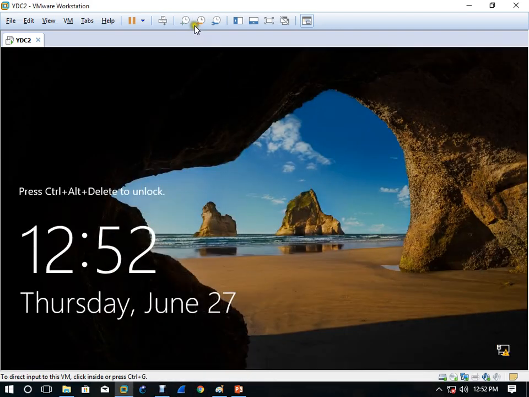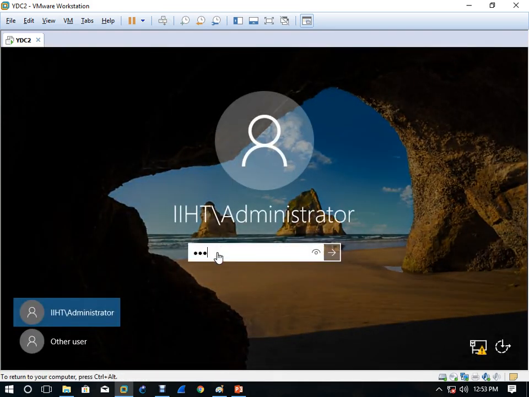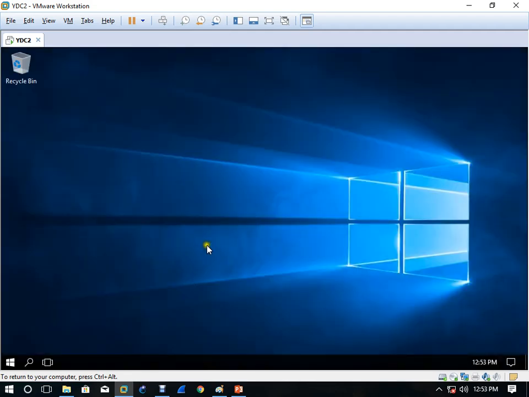Okay, so after restarting, the server is okay. Let's verify everything, Active Directory and all.